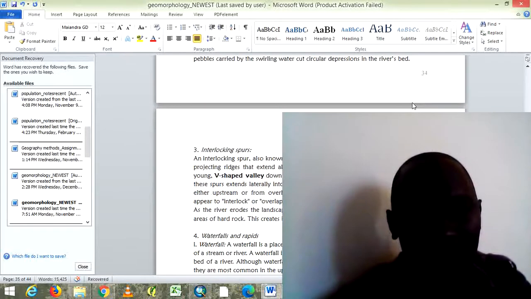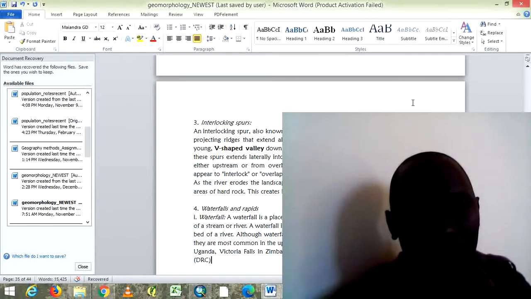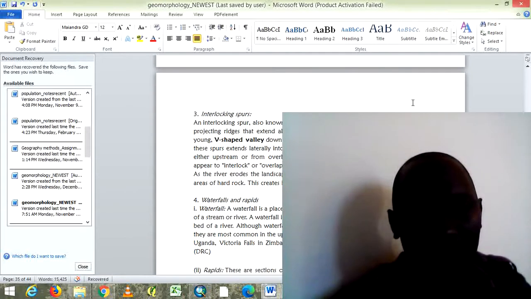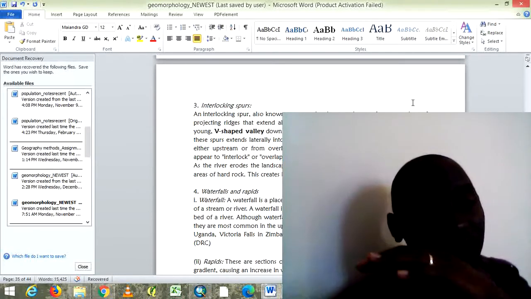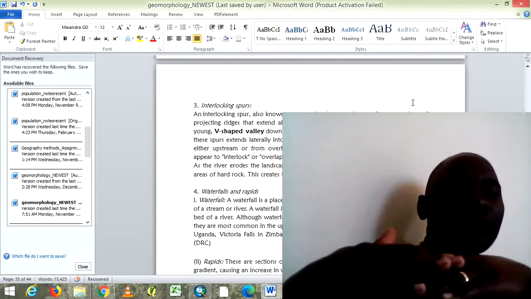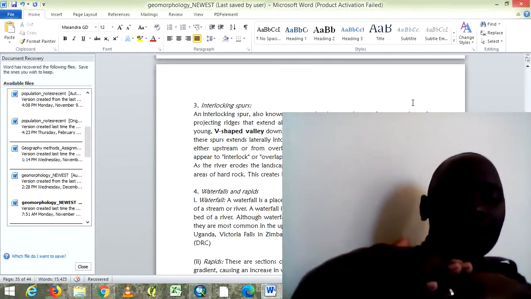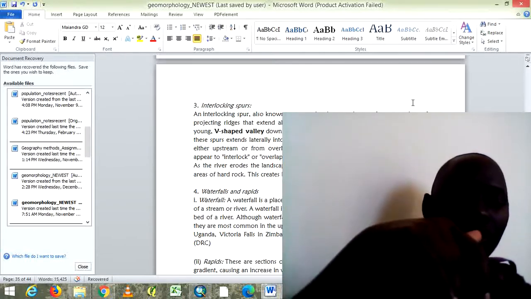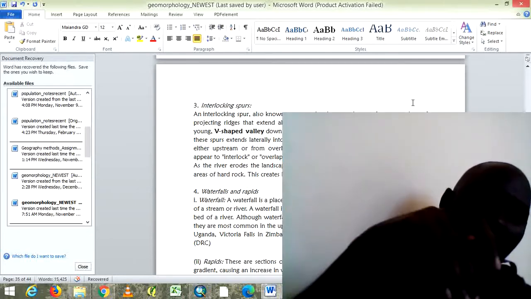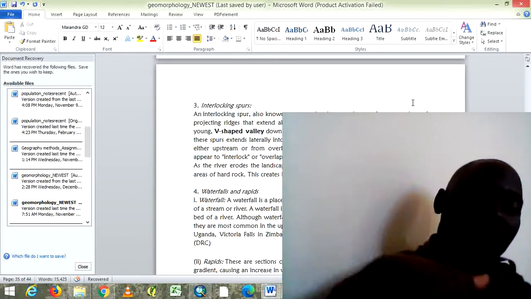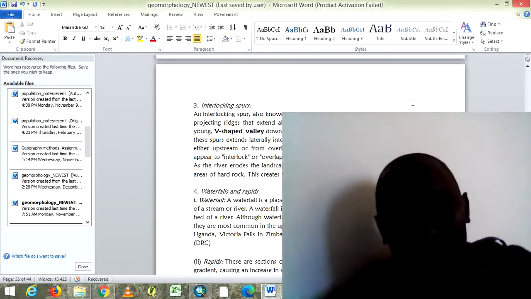And then the other feature, of course, we have waterfalls and rapids. A waterfall is a place where water flows over a vertical drop in the course of a stream or a river. It's formed when there is a sudden change or drop in the bed of the river. When the river is flowing, it has maintained uniform flow, but then it comes across an area where there is a drop, a bend in the course of the river. So water begins to fall off this cliff,